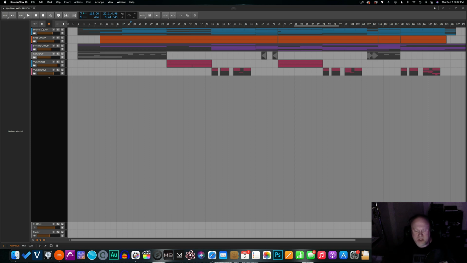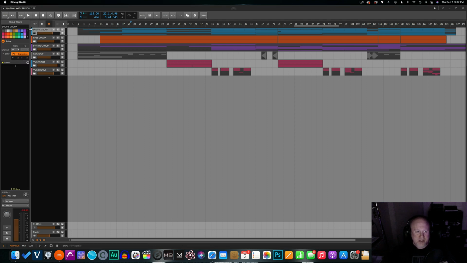It's not as much of a concern as it used to be, but it can also save you CPU, because you can apply effects to groups, and it will apply that effect collectively to all the tracks within that group. And a lot of producers like to do this. If you have, for instance, a drum track that's made up of samples from all over the place, as opposed to